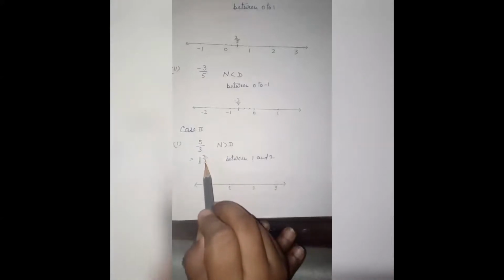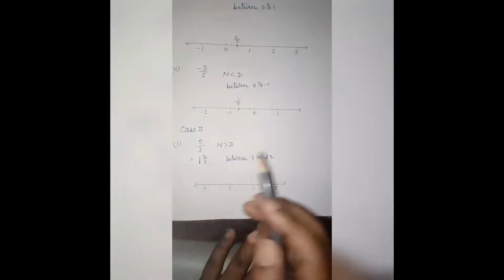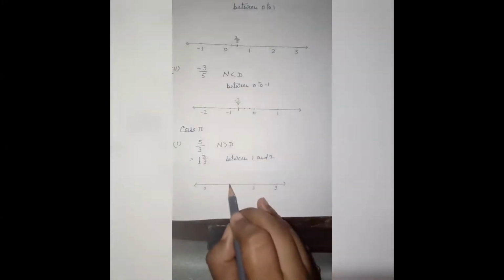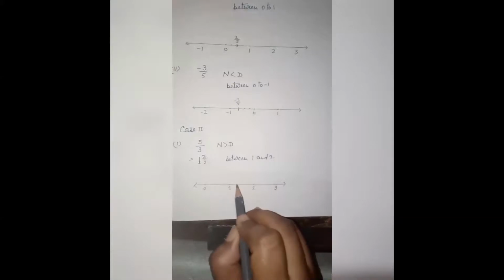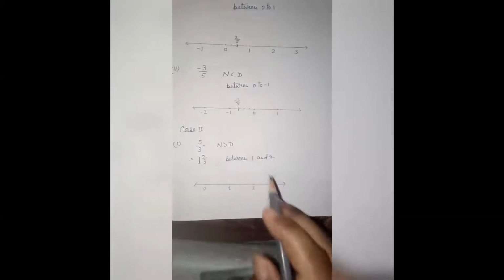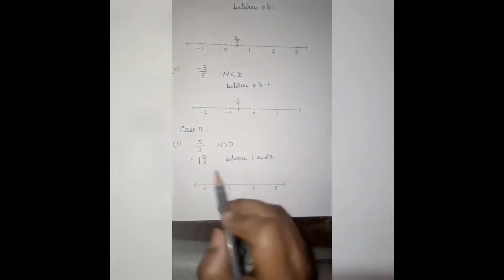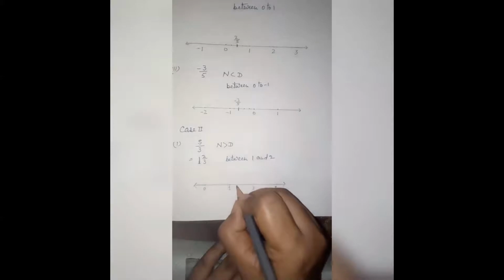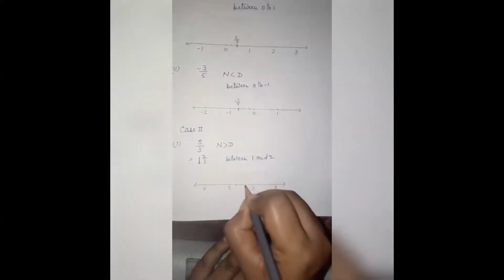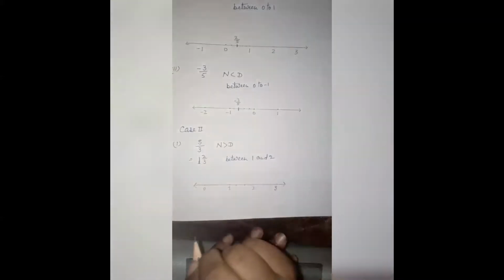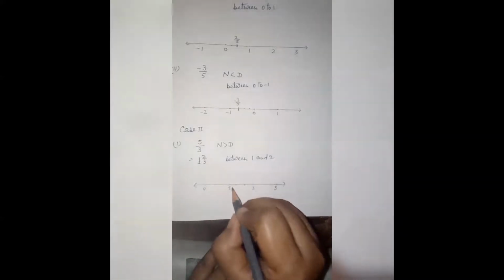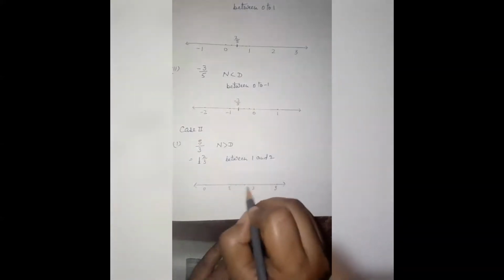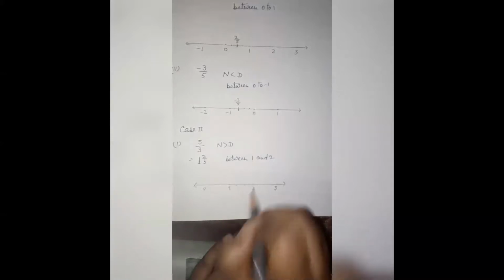But where? Now you will see 2 upon 3 only. Now we are interested only in this 2 upon 3. So you will just divide this gap into 3 equal parts. Denominator is 3, so according to the denominator, you will divide this. So into 3 parts we will divide this. So here 1, here 2, and third one is this. Okay, I have divided this gap into 3 equal parts, 1, 2 and 3.